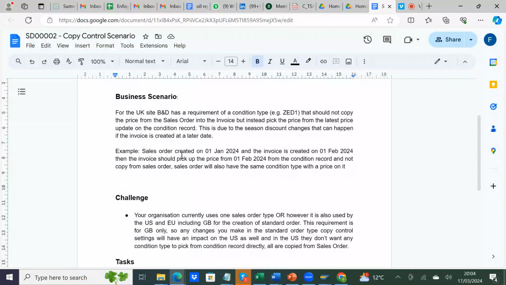In a normal sales cycle, you have sales, delivery, invoice. That's the standard sales cycle. The copy control settings are set in standard in such a way that when you create your sales, delivery and invoice, the price gets copied from your sales order into the invoice. You can go and check the copy control settings; it will be interesting for you to find out what they are. But the requirement in this case from the business is that